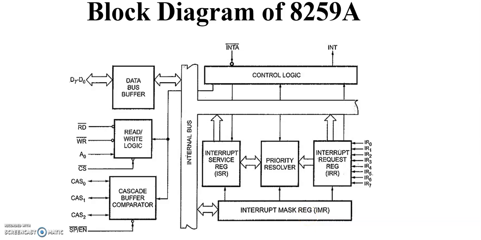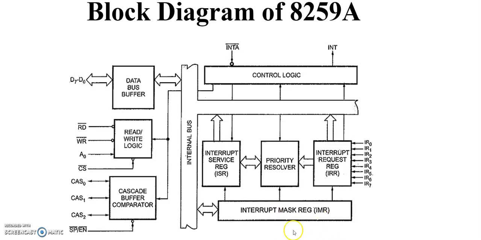Next, first, what is the role of the interrupt request register? It keeps track of which interrupt inputs are asking for service. If an interrupt input has an interrupt signal on it, then the corresponding bit in the interrupt request register will be set. Next is the interrupt mask register. What is the function of the interrupt mask register? The IMR is used to disable or enable the individual interrupt inputs.